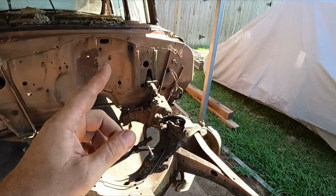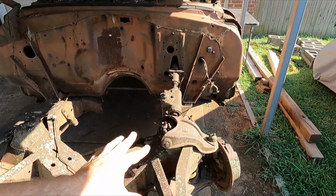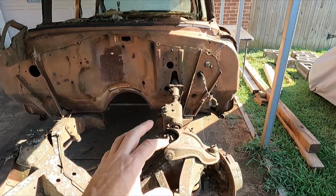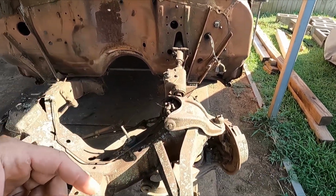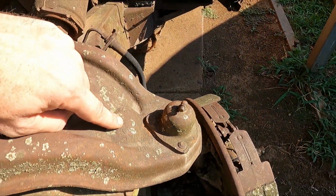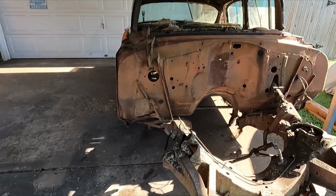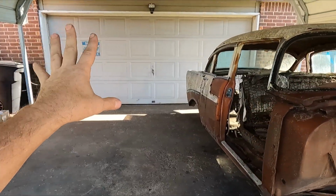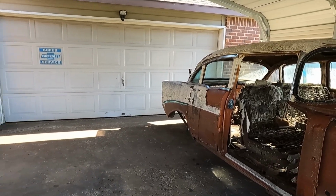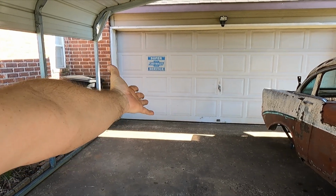I have a set of control arms, uppers and lowers, in my shed that somebody had blasted and put an epoxy primer on, but they don't have any ball joints in them. They are very, very nice, because usually when you tear these cars apart, the A-arms are pitted like these. See all these little pits? I've got a super nice set in my shed. The ones on Steve's car are not as nice, so I'm going to rebuild the ones in my shed for Steve's car, and then I can take those and just pretty much leave these